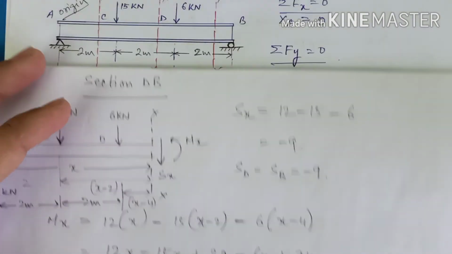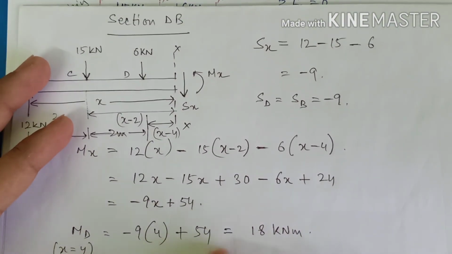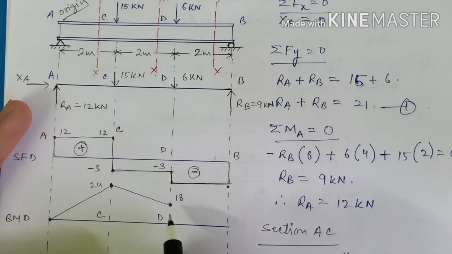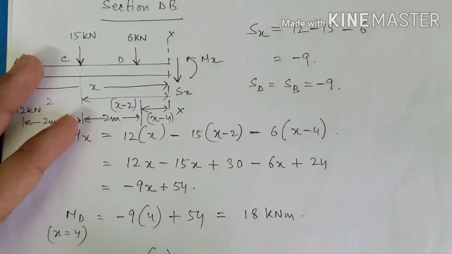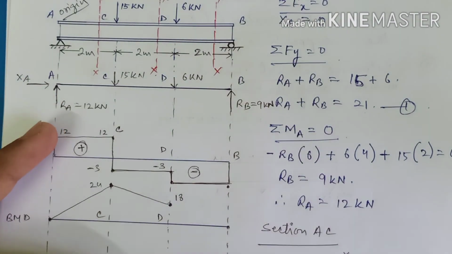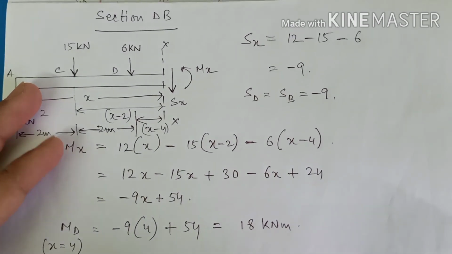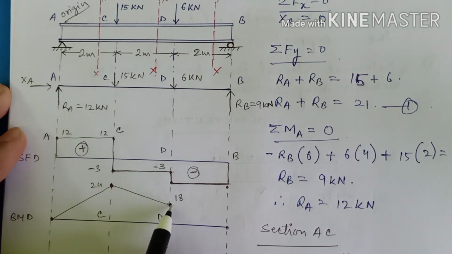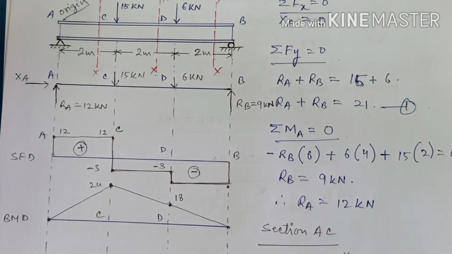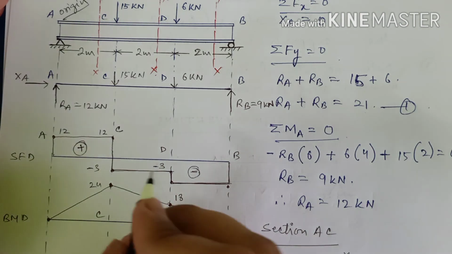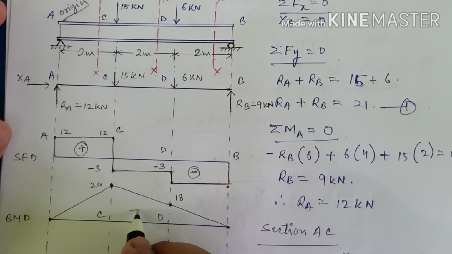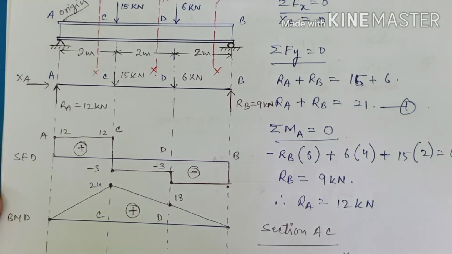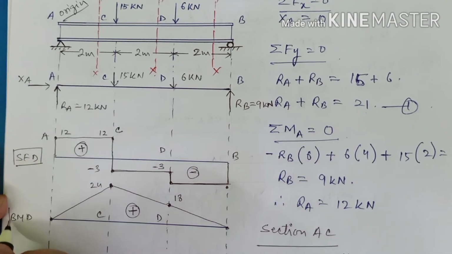So simple, let's plot it. So the bending moment at D is 18. So this was our 18, right? So it will be this only. And the value of bending moment at B is 0, so it will be this. And we will join it with a straight line because it is a 1 degree polynomial. Okay, so let us join this. Fine. Okay, so in the entire beam we have a positive bending moment. Okay, so this completes our SFD and BMD.